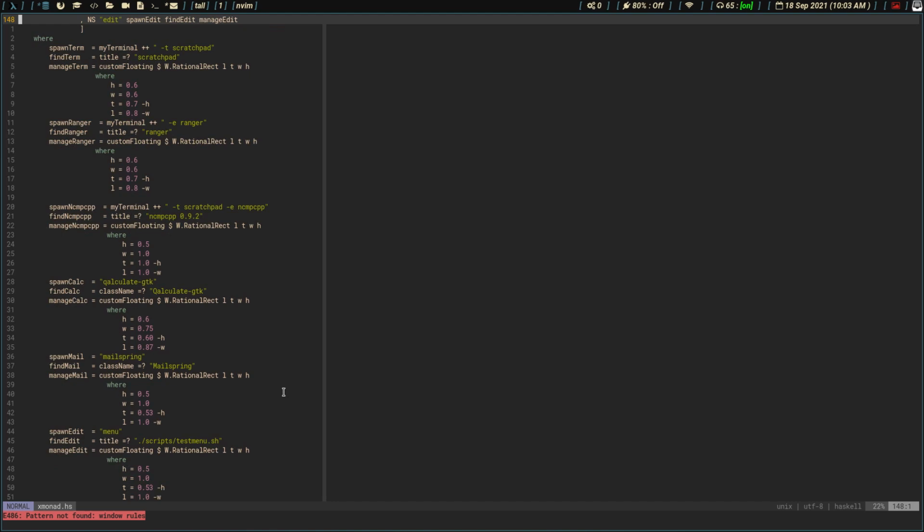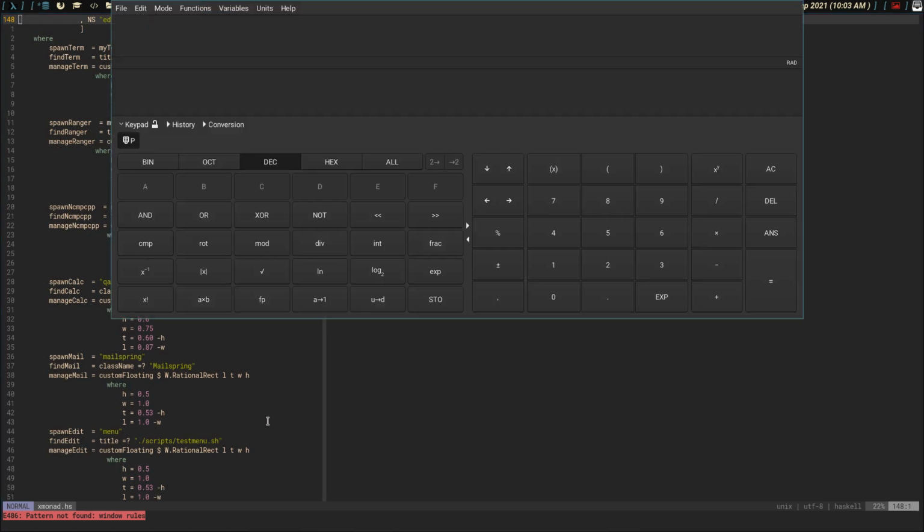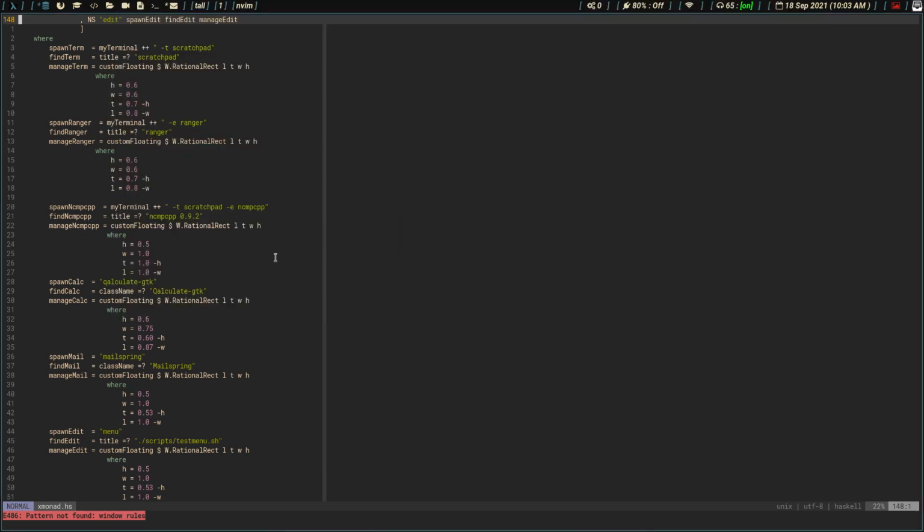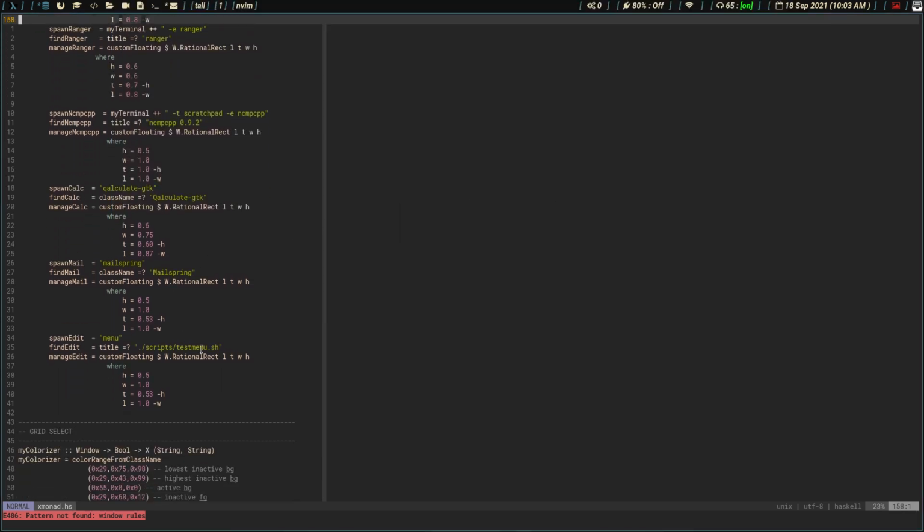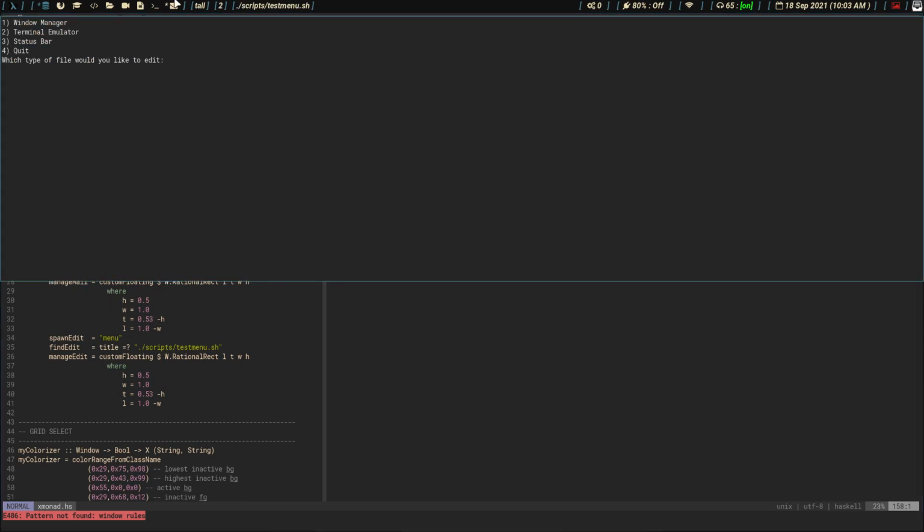I shouldn't say there's anything sensitive on there because I really don't have anything sensitive, but I have a calculator set up to quick spawn. So if I hit Alt-C, that brings up a calculator real quick for me. My email, and then I have this one here, which is if I do Alt-E, then that brings up my